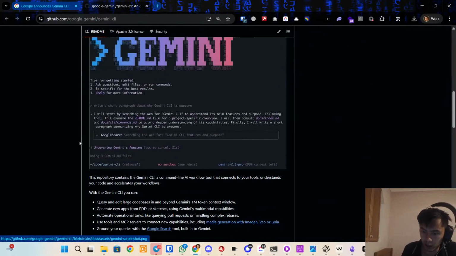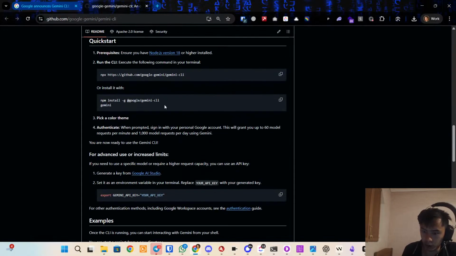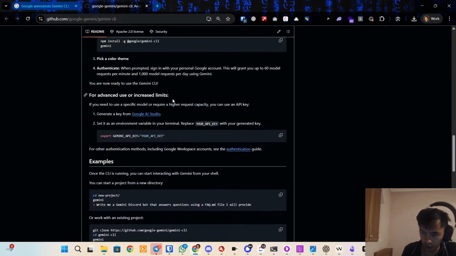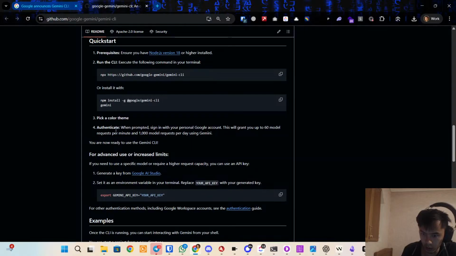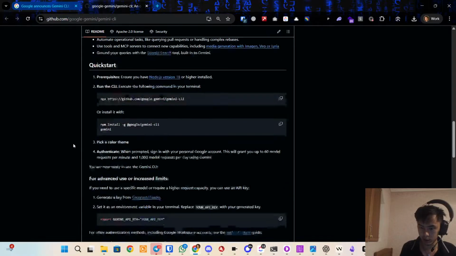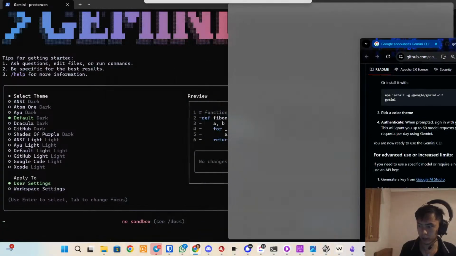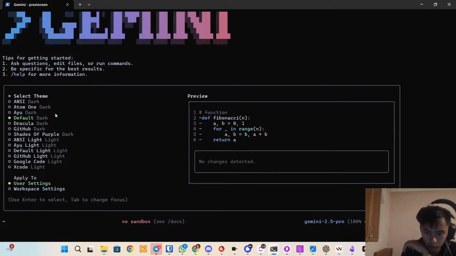So it's basically a CLI AI tool, free Google Pro accounts, credits, and then also can connect an API key. So quick start is running, installing Node, running this, and then after I run it, I'm going to get the theme, and that's where we're going to start. So what theme do I want? We'll try,